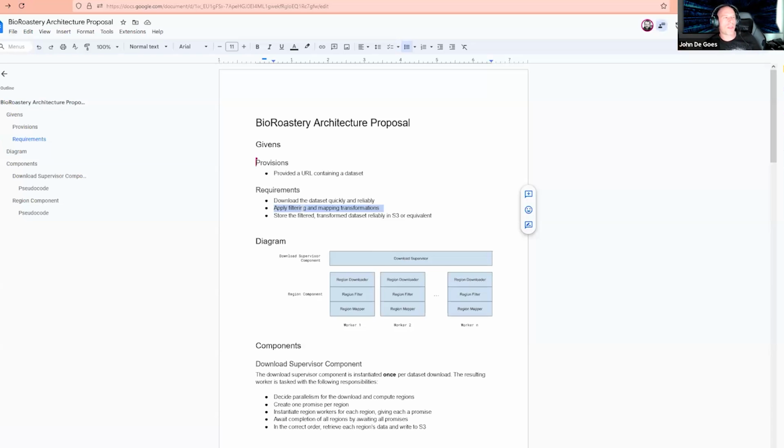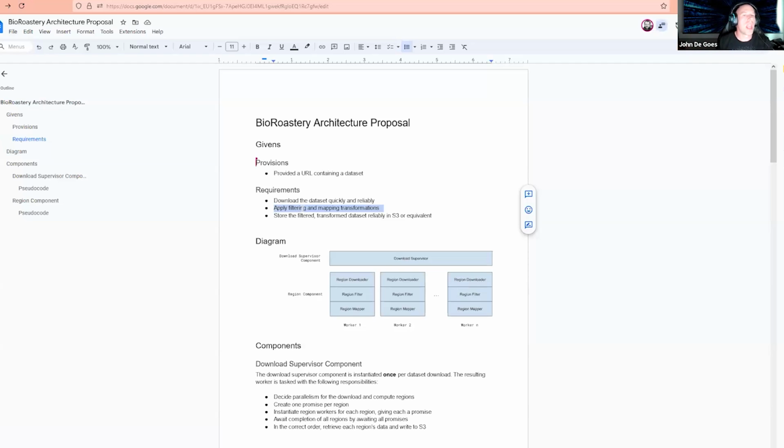If there's any sort of mapping transformations, one-to-one transformations that you need to do on the original data set, it's very cheap to do that at the point of download. You've got so many bytes in memory, you filter that down to fewer bytes, you apply whatever transformations you can do without having to do joins or other complicated operations,